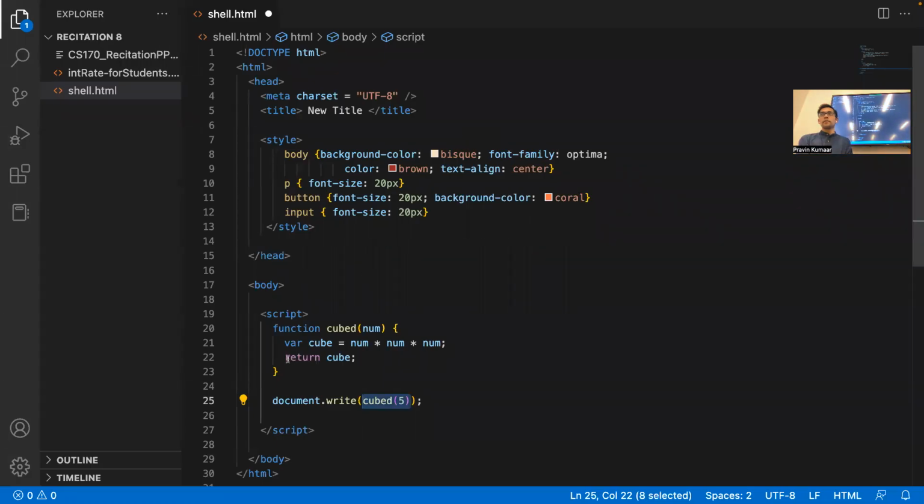What are you doing? Are you doing return? Are you calling it the right way? Cube doc or